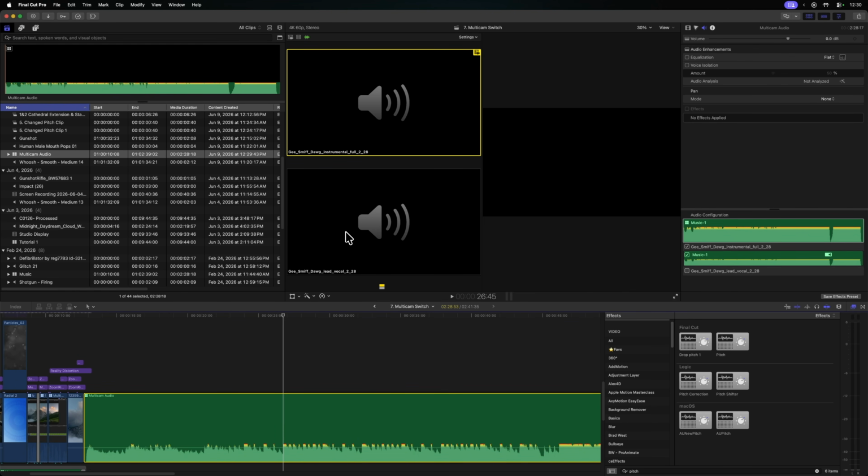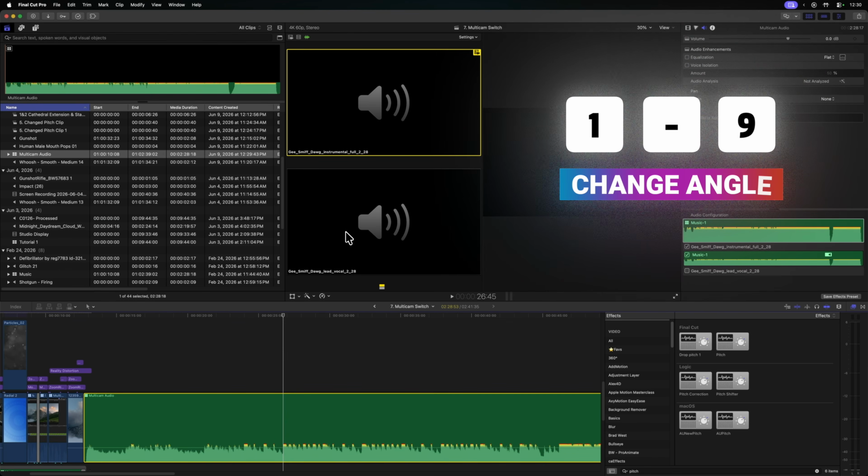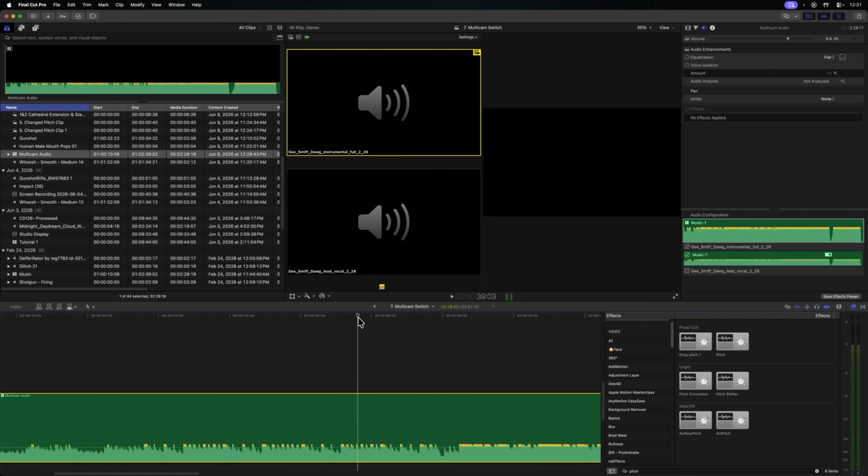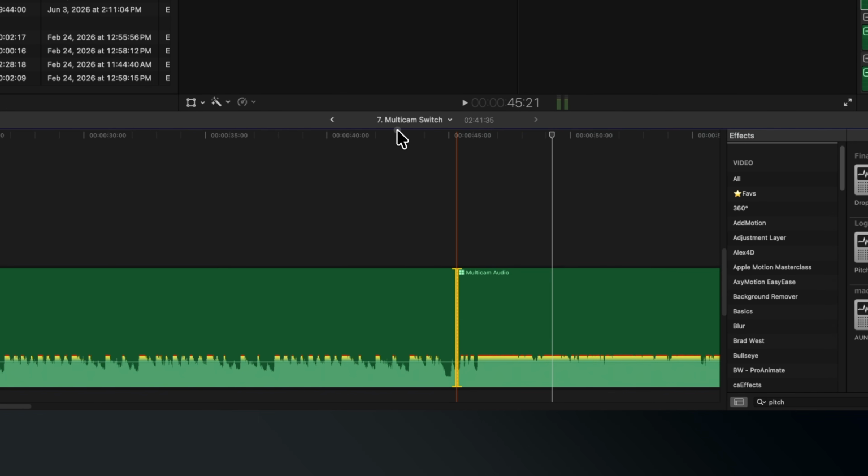And you can also do this just by using 1 and 2 on your keyboard. So let's say, for example, I want to start with the instrumental version, so I'll just leave it as is, but then right at this moment in the music, I want to cut over to the vocal version. I'll just click there, and we've automatically created a cut between the two songs, and if we push play,